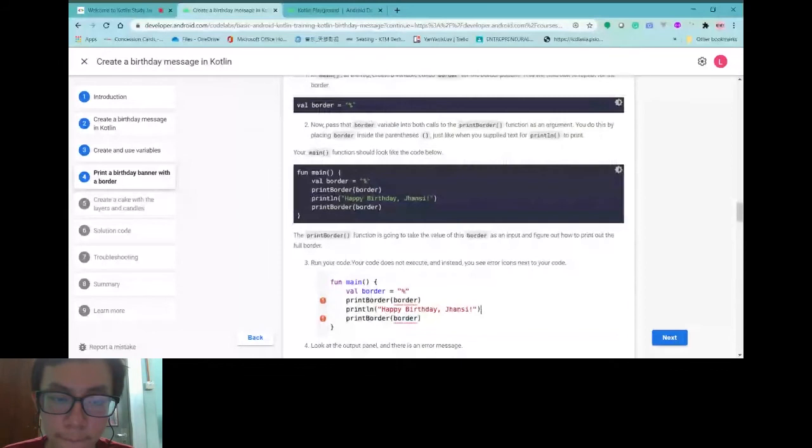So the other one just includes the variable. Why did they get an error here? Because just now the print border here does not have anything inside, what they call an argument. So you do not have any argument or parameter left. But if you include this, it will cause an error. So to overcome this problem, for the print border, you need to have this thing here.